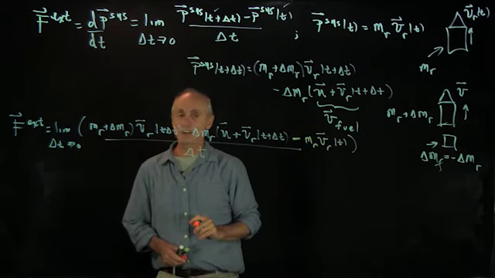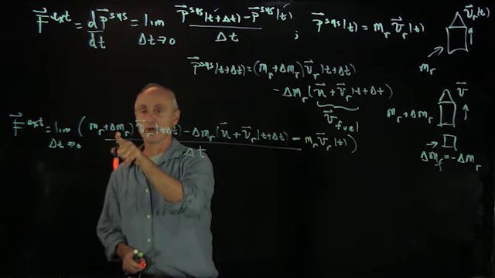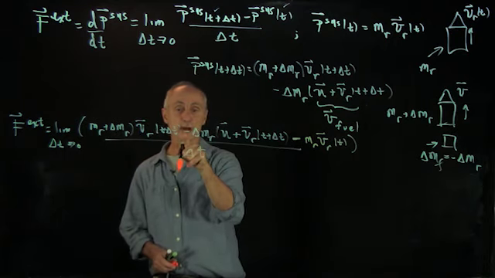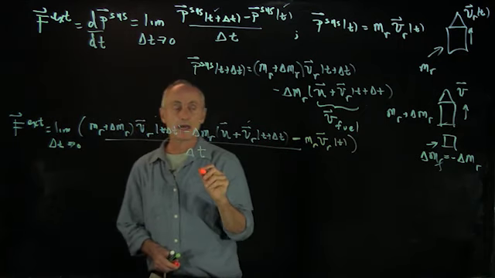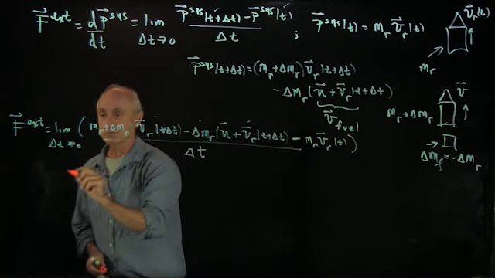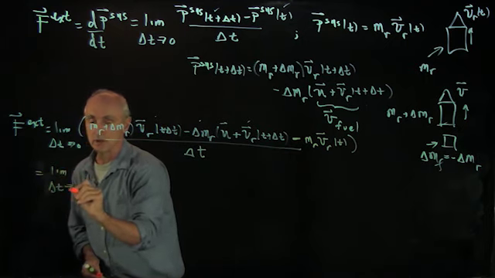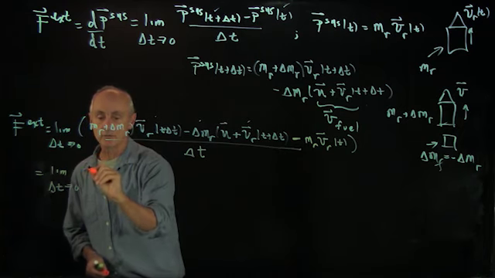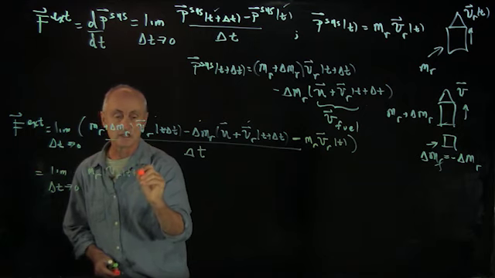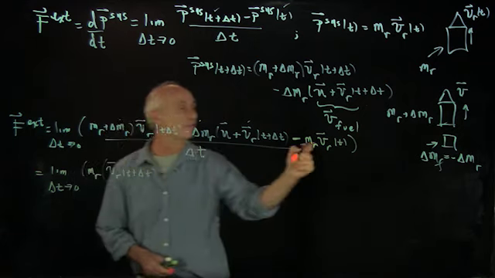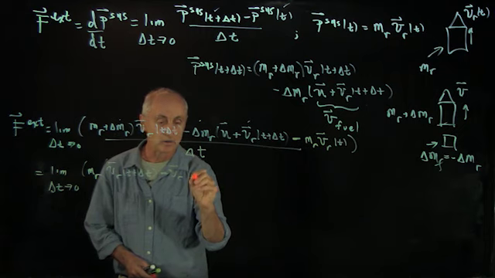Now, let's look at this expression first, because there are some very nice simplifications. The first thing we can see, let's look at this term delta mr times v of r. Notice we have minus delta mr v of r here. So those two terms cancel. And we're just left with three other terms, and let's write them out. So now we have the limit as delta t goes to 0. And I'm going to combine terms in the following way: mr times v of r of t plus delta t, and over here, I have mr minus v of r, so I have a minus v of r of t,